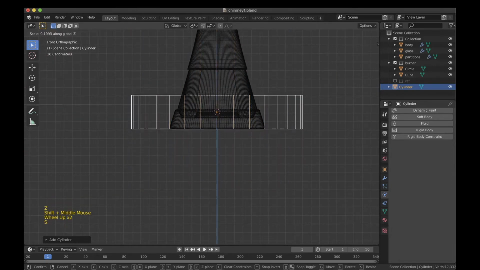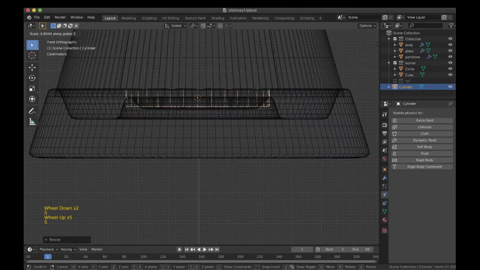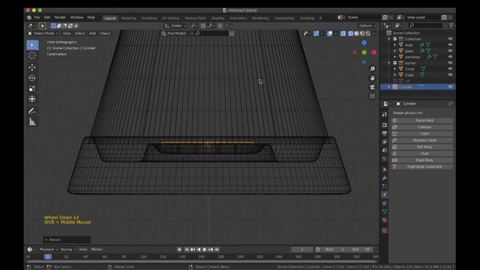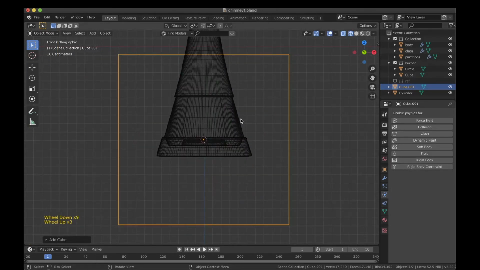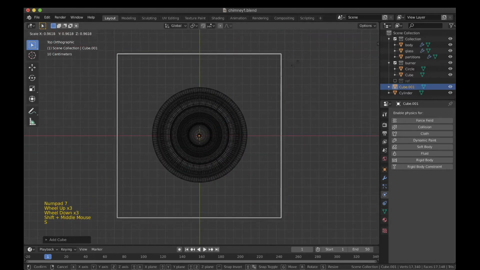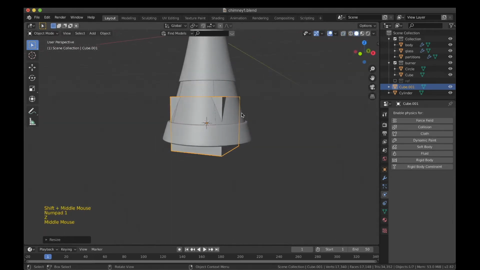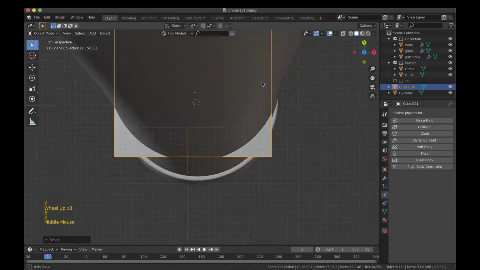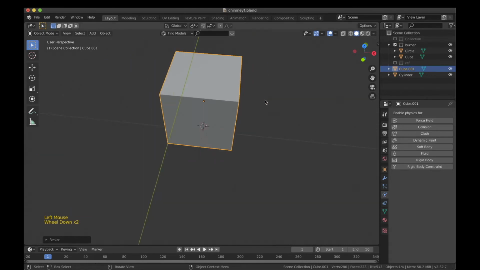I'll set it to a really small scale and then we'll see. I'll set it to an even smaller scale. Yeah, something like that would be fine. Now I'll add the domain object. I'll go to Mesh and Cube. Also, as this is the bounding object, it should be equal to the size of the chimney or roughly similar. Yeah, this much should be fine. Now I'll hide the chimney and we'll see this alone.